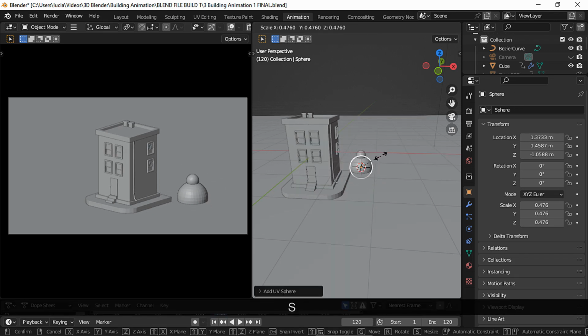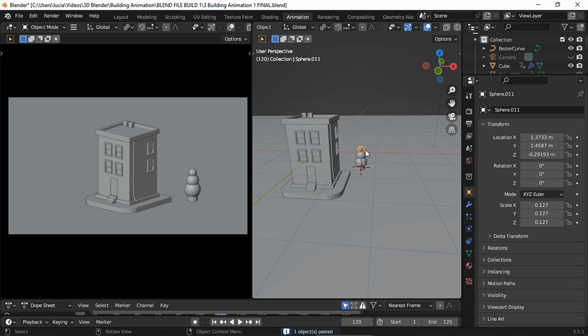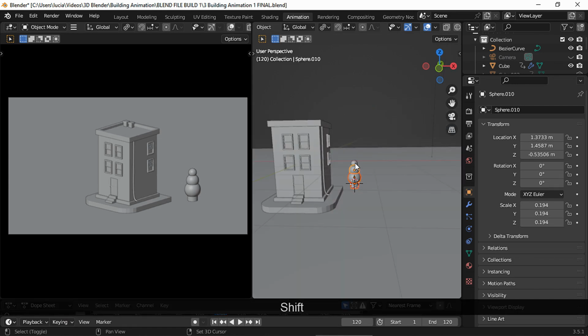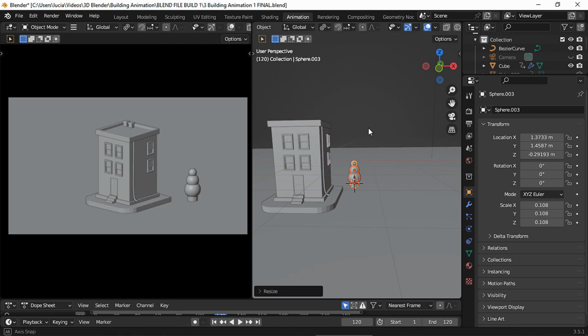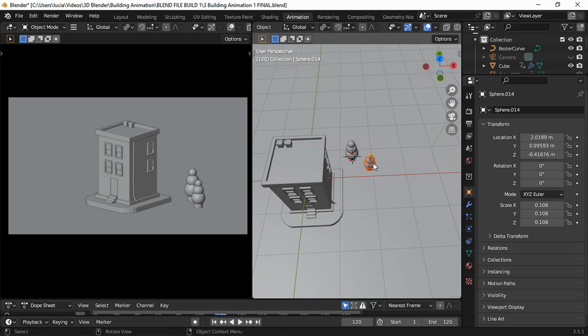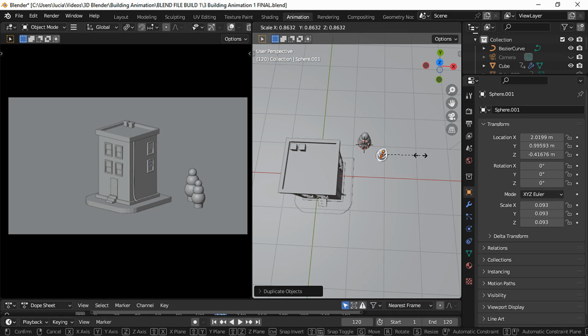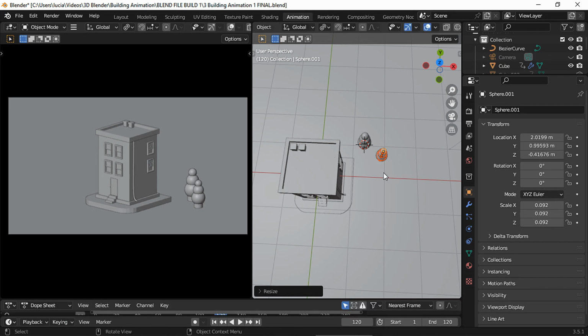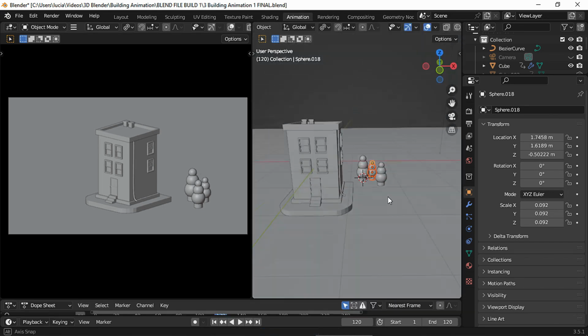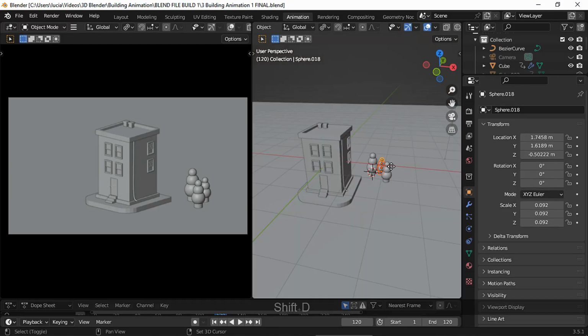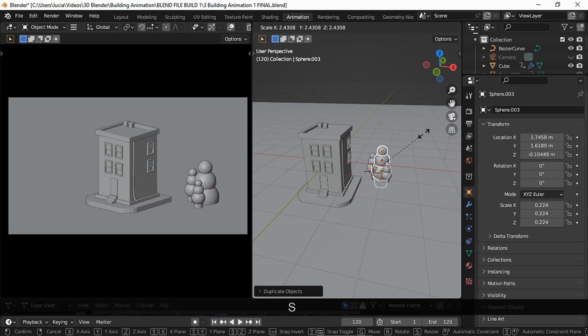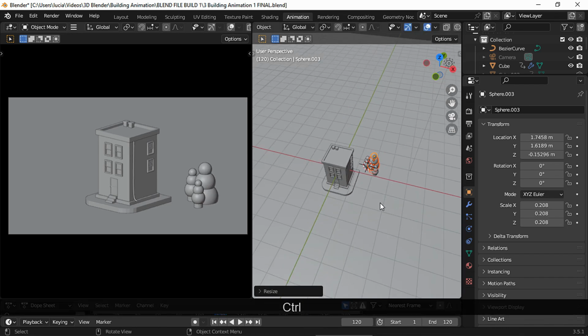And as you can see, the tree is just a cylinder with 3 spheres. Then I simply duplicated the tree, I scaled it down a bit, and I placed it. And I repeated the process to add a third one. Then I decided to add another one, but I wanted this one to be way bigger since I wanted to place it on the opposite side of the frame to balance the composition a bit.